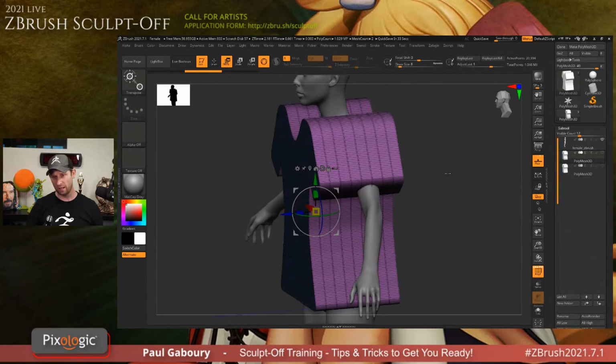Yes, grappler. Yes. So the same shortcuts you use for subdivisions, right? D and Shift D. Shift D walks down, the letter D walks up. So when you're in Spotlight